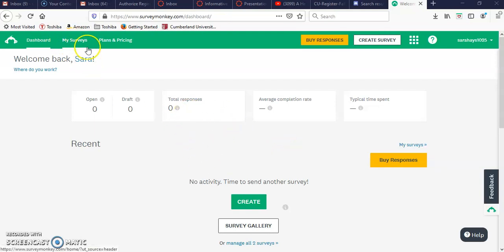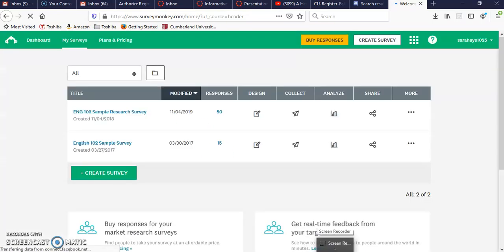But up here on the top left, if you go to My Surveys, it should take you to the surveys. Hopefully you can see that. Okay, so these are some surveys that I had from before, but you can kind of see, look, I've had this many responses in each one. So the surveys can continue to collect results even after,